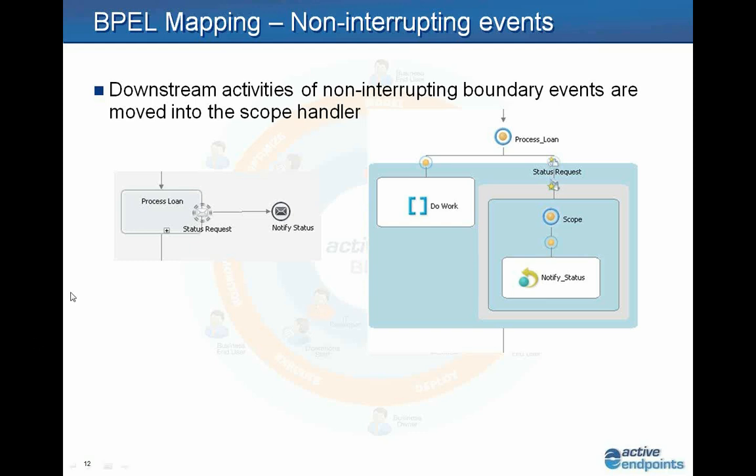And you can see that what happens is you've got an event handler and then a downstream activity. For non-interrupting events, that whole graph of downstream activities is brought into an implicit scope. There's an implicit scope called process loan, or in this case explicit, but it would be implicit if it were an activity. A handler is created for it. An event handler is created for it. A new scope is within that. And then all of the activities, in this case there's only one, are brought into that for handling this non-interrupting